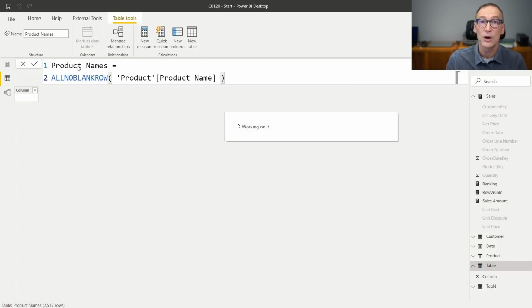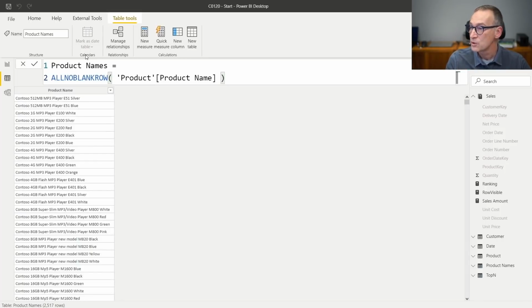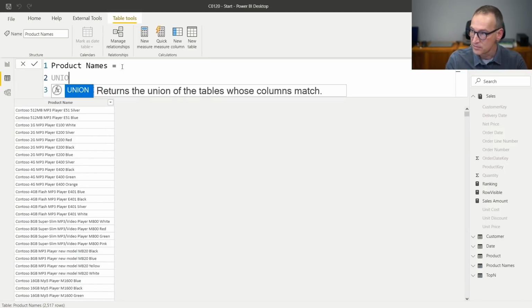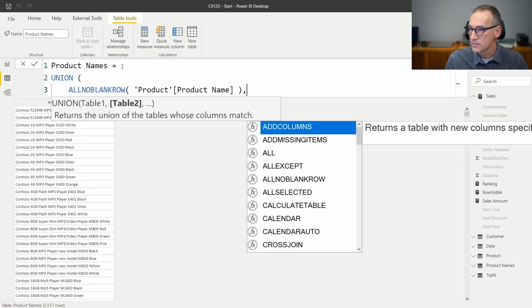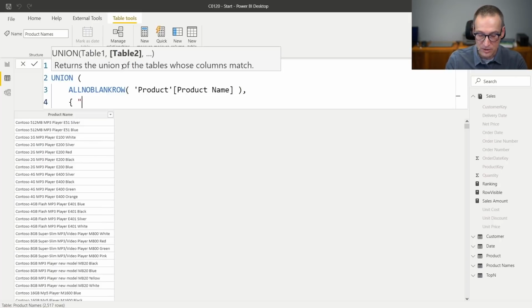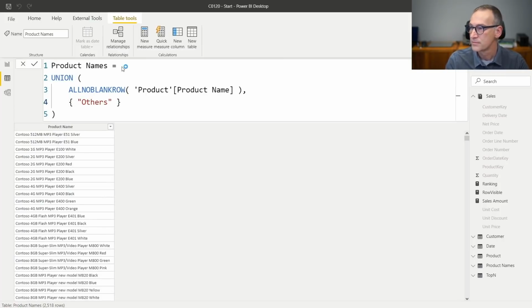And this returns all the product names, but I want to union to this a new table that contains only others. Now I have all the values of the product plus an additional row others.